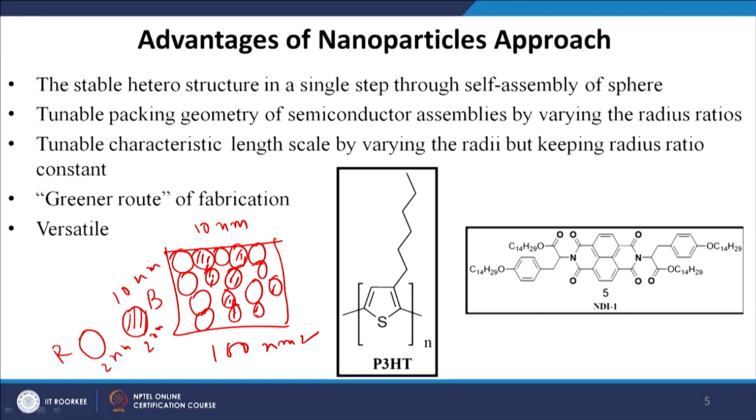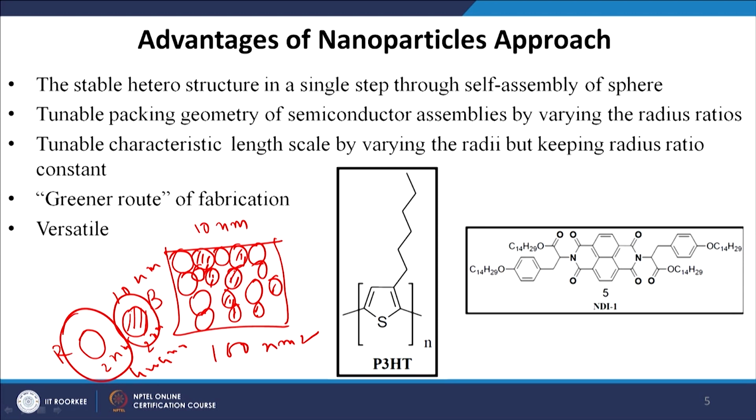Now, once I fill it this way, I see that there is a void between these two balls. Now, instead of the 2 nanometer balls, if I increase the diameter of the red ball, let us say this is now 4 nanometer, and the diameter of the blue ball is now 4 nanometer. So, what will happen? Again, if I fill this area with this 4 nanometer red ball and 4 nanometer blue ball, then the space of the void will now decrease. So, this is called the packing of the sphere.